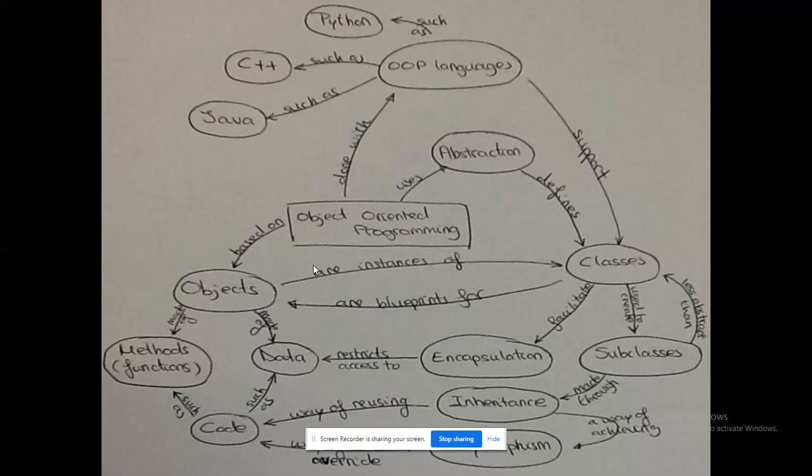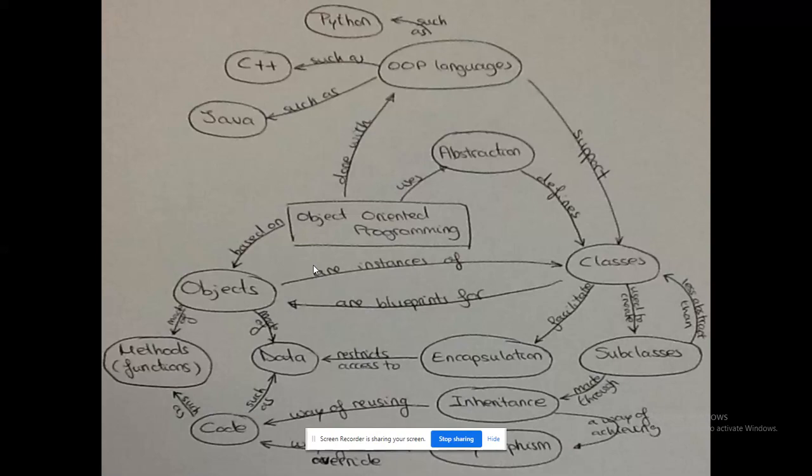That is the reason why objects are marked as instances of classes. So by using objects, what can you access? You can access methods as well as data. Method plus data ultimately gives you the code. When they are combined, it results in the process of encapsulation. The process of keeping data within the function is called encapsulation.